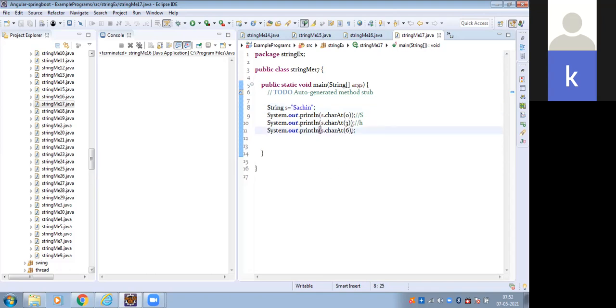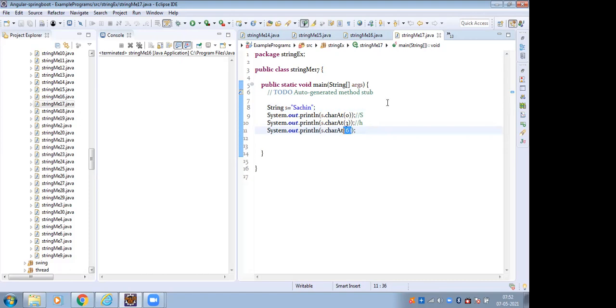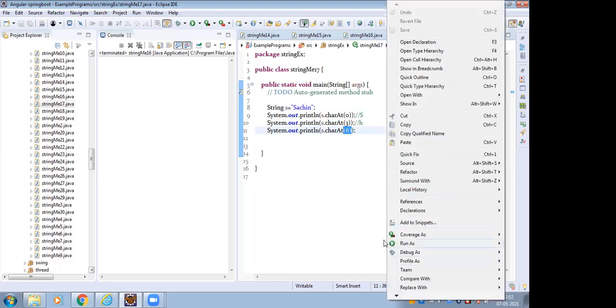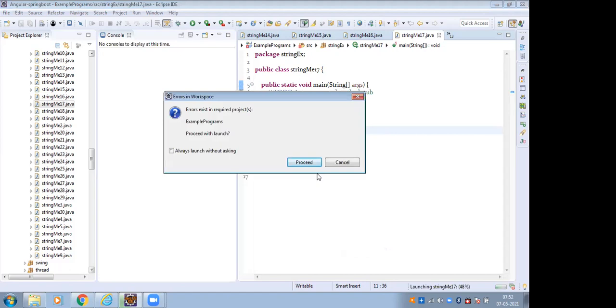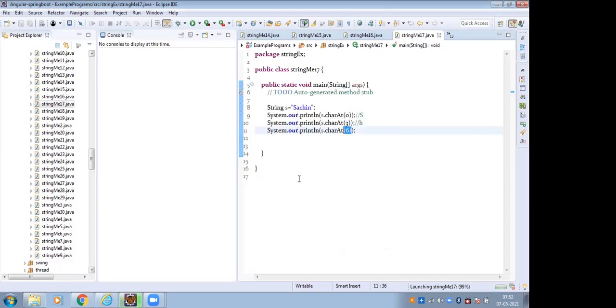But if I try to print the sixth index, it throws an exception. That exception is a StringIndexOutOfBoundsException. So if it exceeds the limit, it throws the exception.